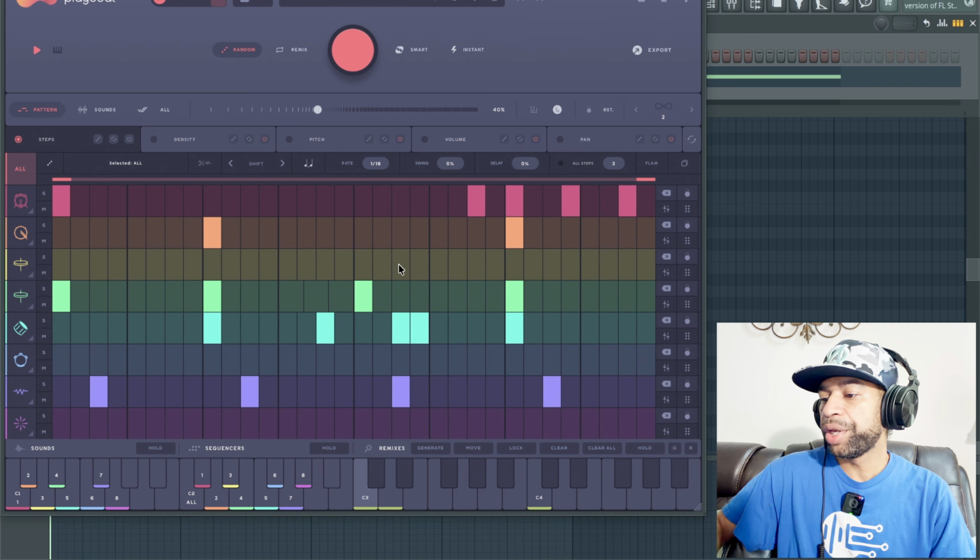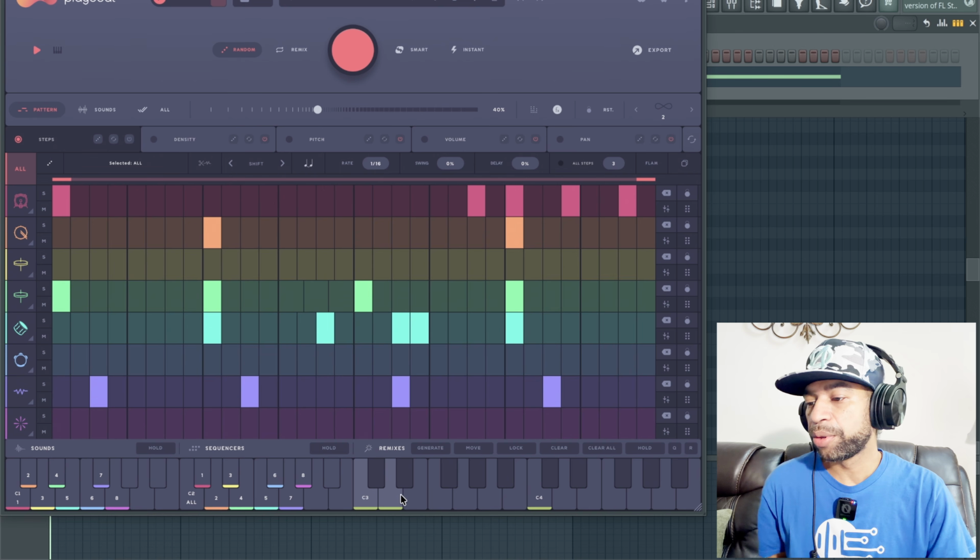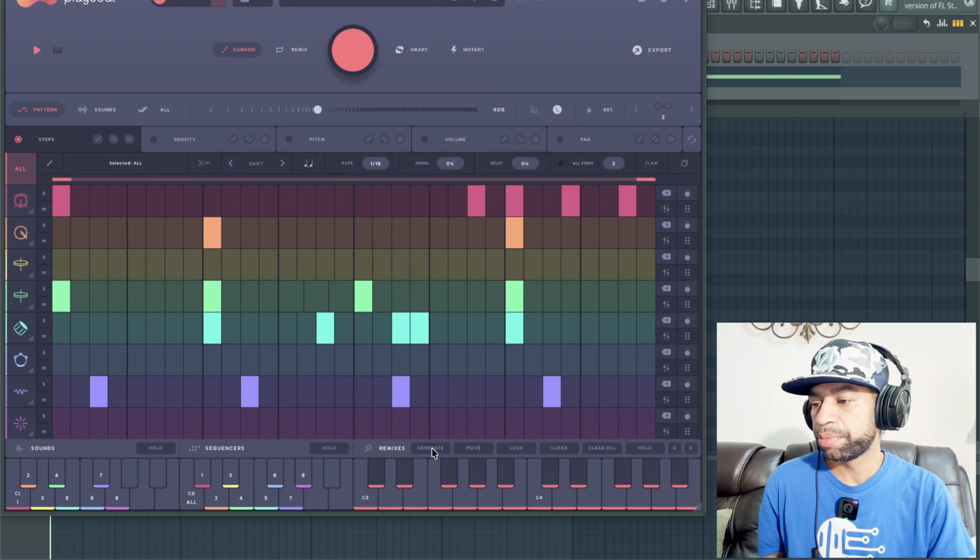But we can do things like what I like to do is come down here with the remixes. If I generate a remix here, I can play different patterns on each one of these notes. And that's something that I really like in this plugin. So now when I push play,